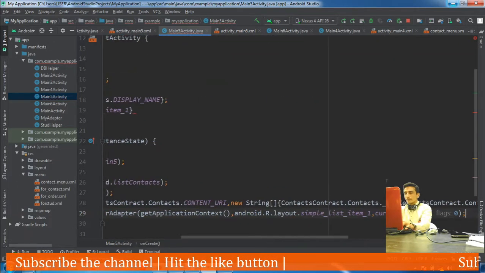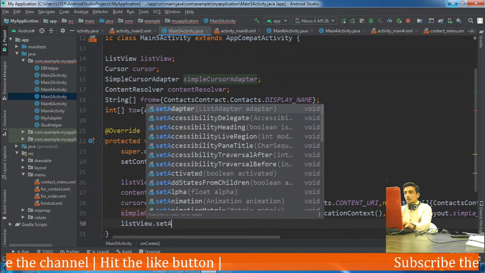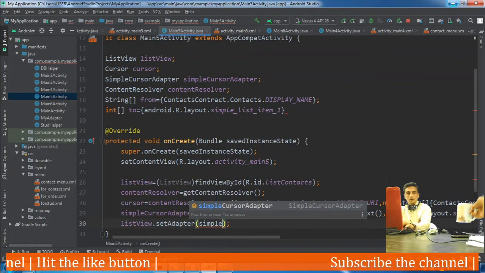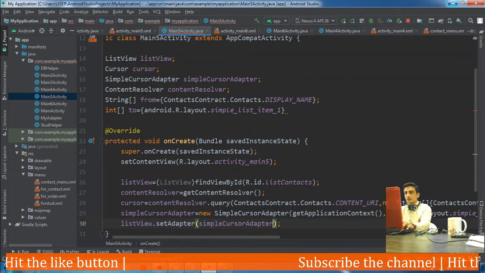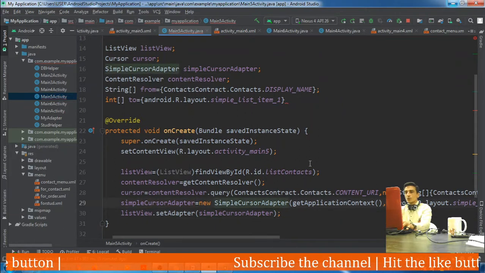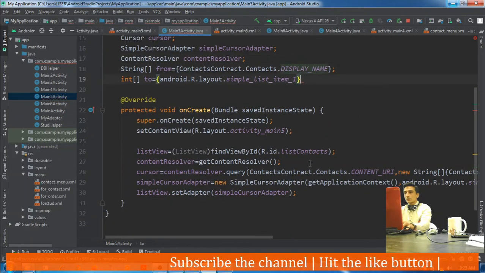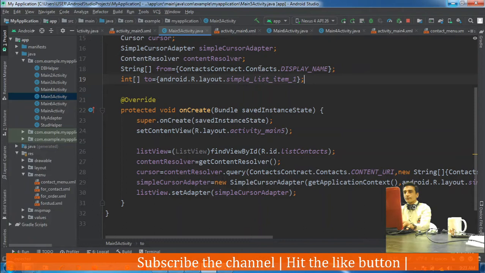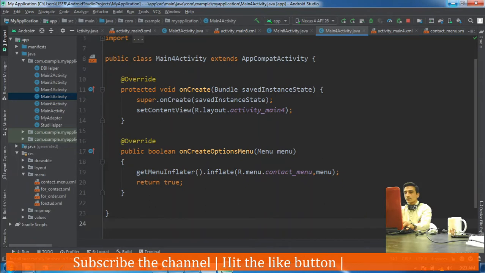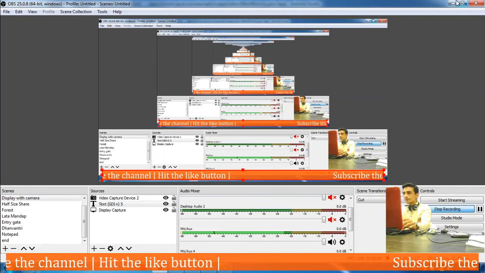Now we need to set this adapter to the list view. Sorry, it is simple cursor adapter. Now once we have done this, there is some error in this file. Yeah, semicolon missing. From our activity 4, we would start this activity. We will launch this activity. So let's check it.